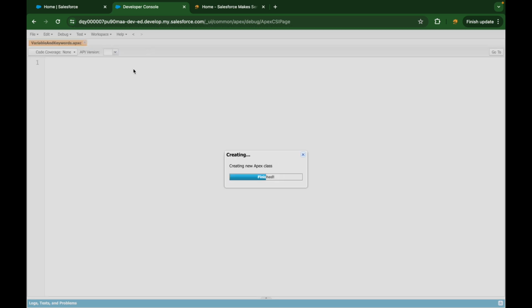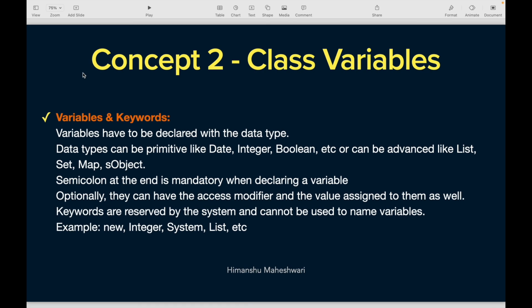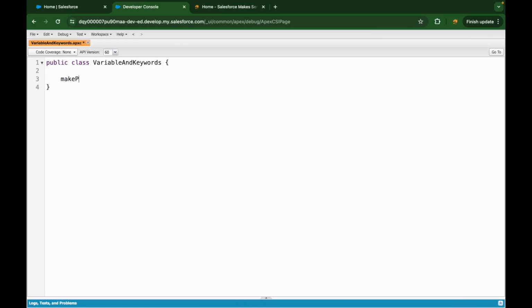All right. Now, what are variables and what are keywords? Like, we have defined our class. Now, what is this class used for? It is used to solve a business function, right? It might have methods, it might have steps that you need to execute to deliver certain kind of value, correct? So what do you need for it? Remember, I talked about my pasta example in one of my videos. If you want to make pasta, right? If you want to make pasta,